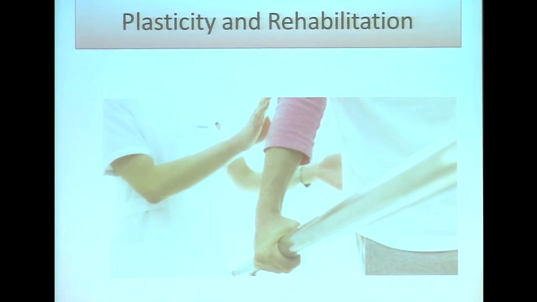Okay, now let's talk about plasticity and rehabilitation. As a neuropsychologist, when I tell people that I do neuropsychology, first I ask, what is neuropsychology? And I say, I work with people who have brain injuries of various sorts, and they say to me, what do you do to help them? I think, well,